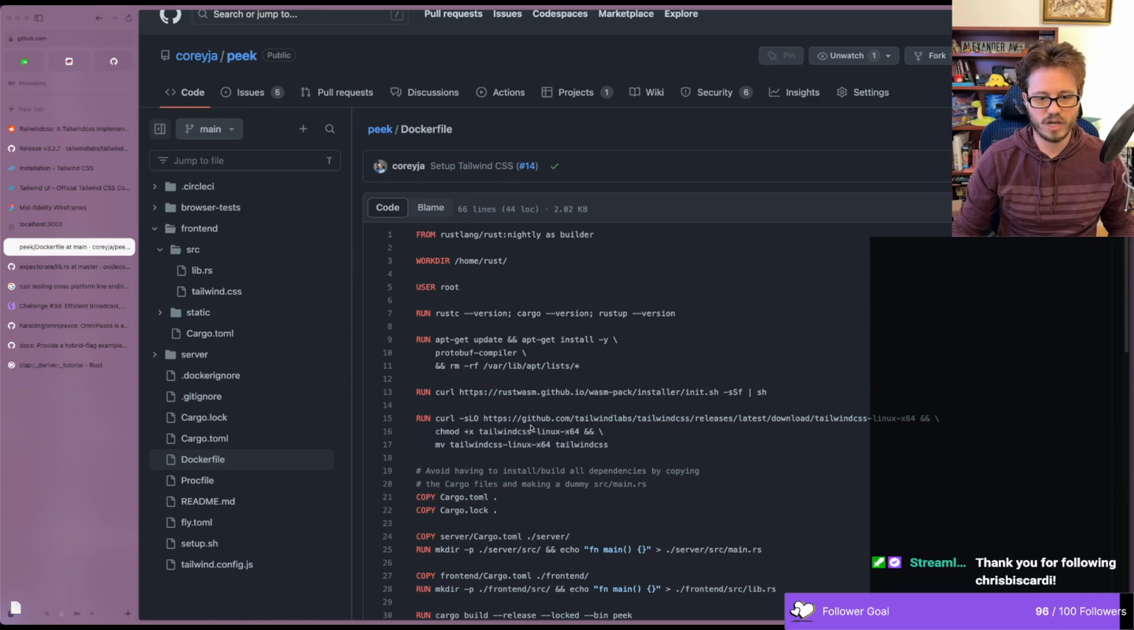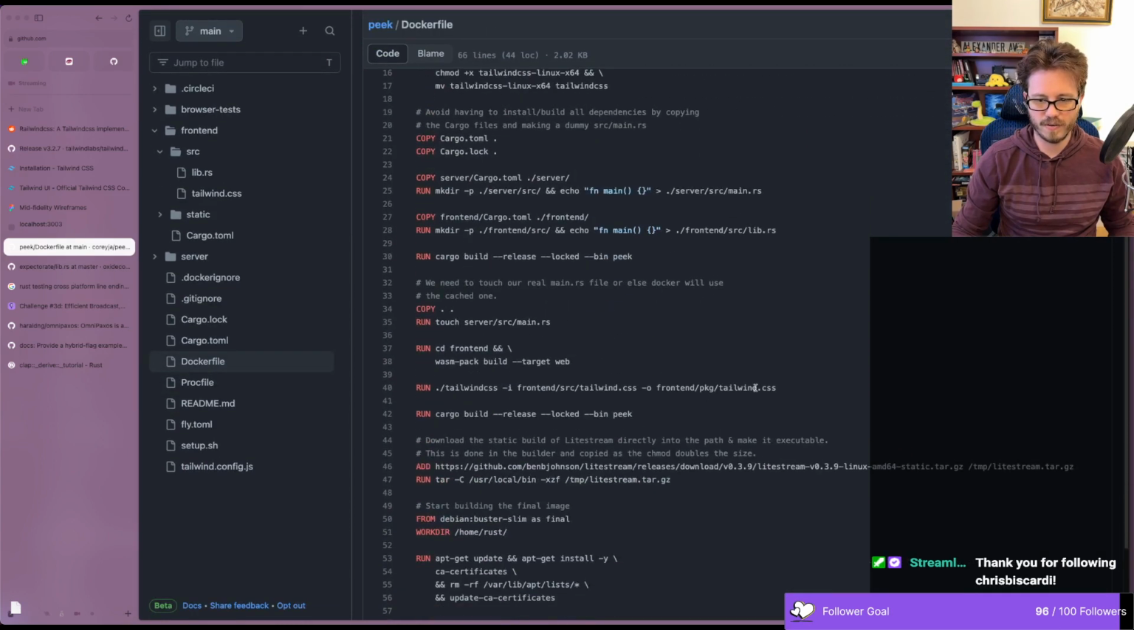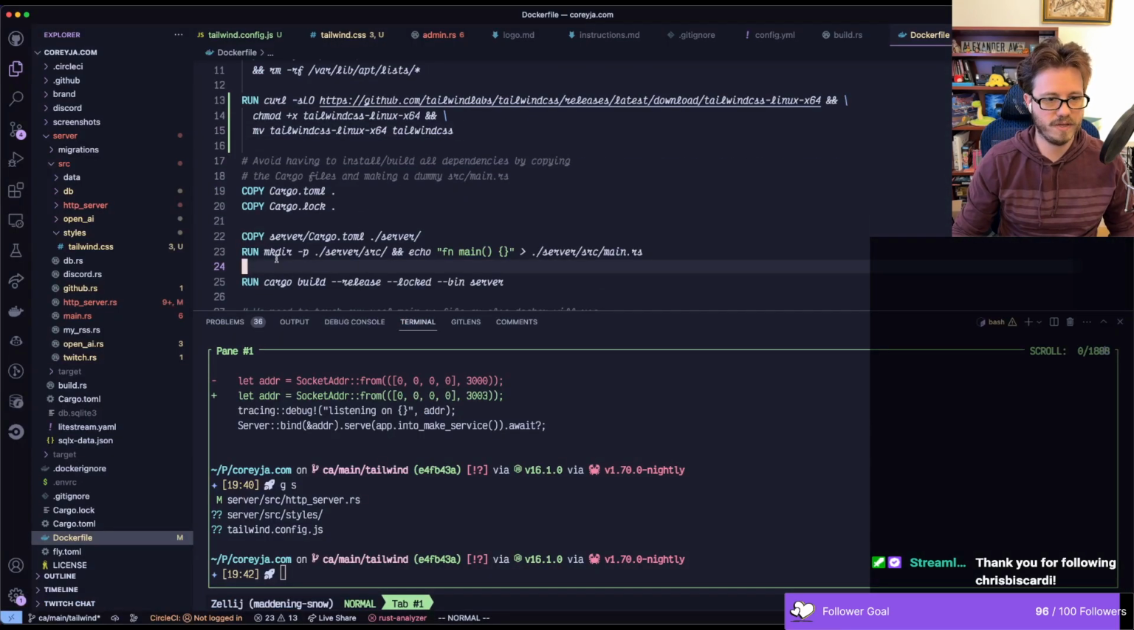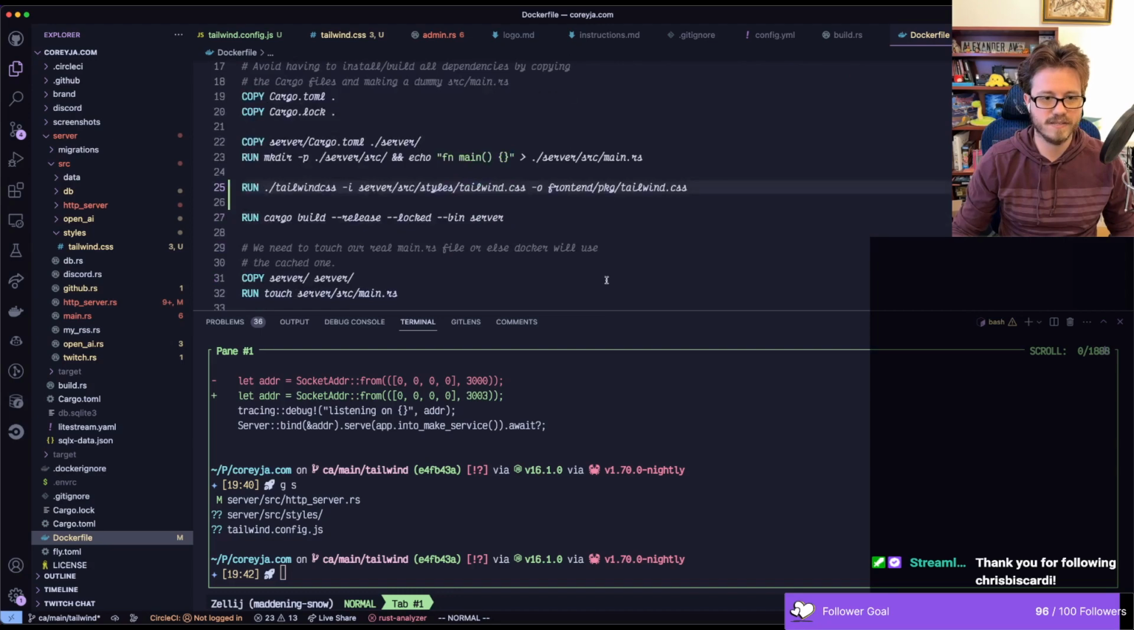Okay, so I'm just copying this over. We're gonna install it in a Docker file. When do we actually run it? Yep, okay, here's where we run it. We run it right before we do cargo build stuff. That does make sense. And I ran it on, so it's in the server, source, styles, Tailwind CSS. And then,